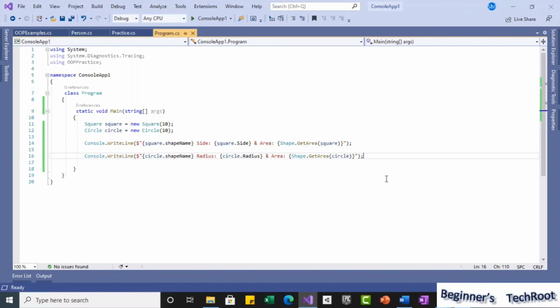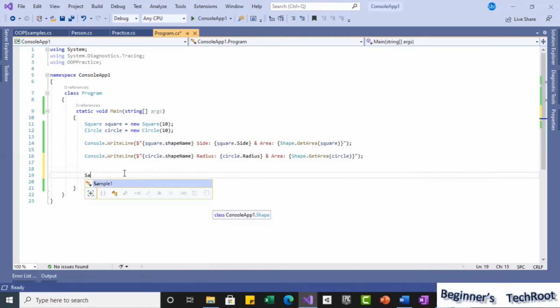Now, similarly, how can we do this independently? The advantage is that instead of creating separate variables like this, we can create directly with the shape. Suppose I take shape as the base class type, and then here I use square, same, I just put shape.